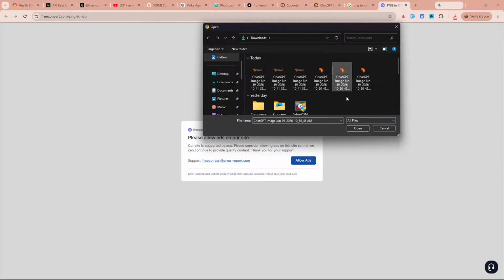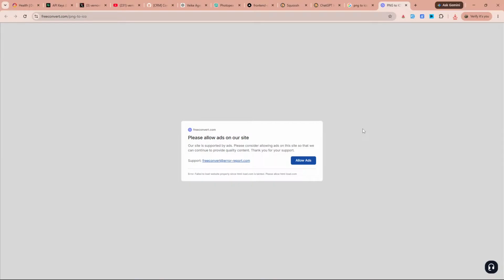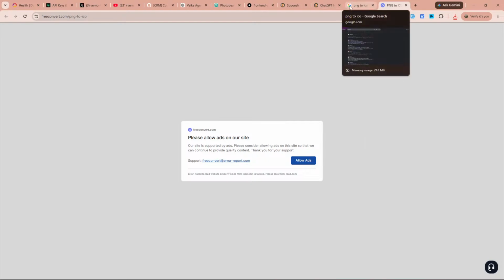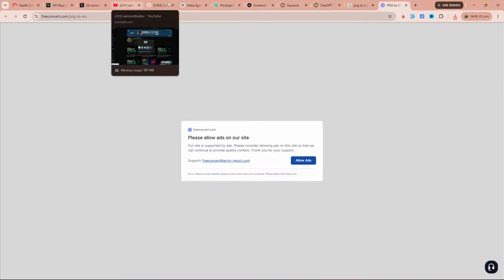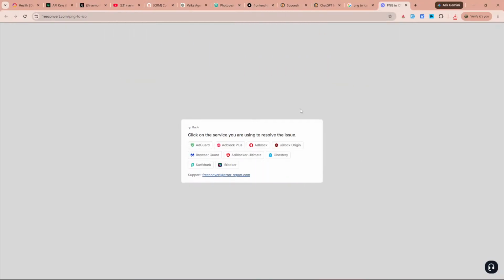Some icon generator, favicon kind of type generators can reduce the image size. But if we want our favicons to actually have the sizes that are standard, then